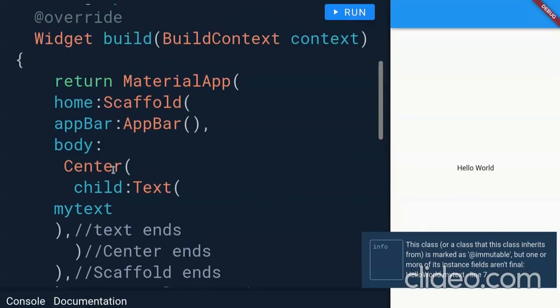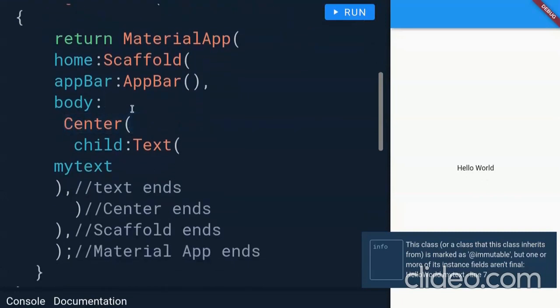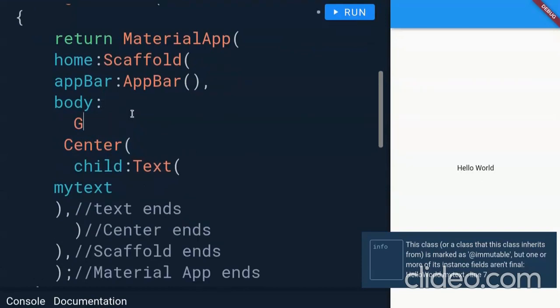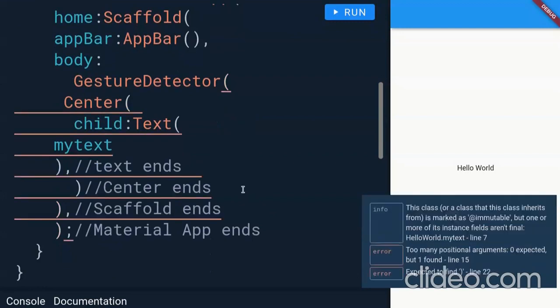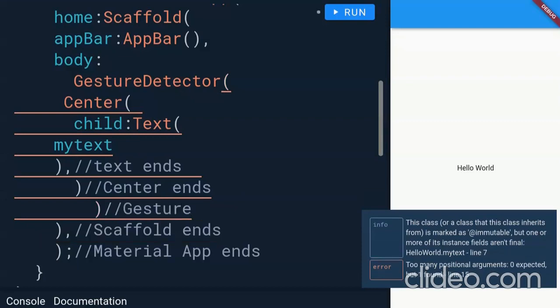Okay. So what I will do for that, we have to sense the on tap event of the user. When the user taps this, I have to sense the event. So this whole center widget, we will wrap it in a gesture detector widget. So what the gesture detector widget will do is it will sense the on tap event. So let me just write gesture detector, open it, and after center I've already marked the ending of center, so I can easily end the gesture detector. So this is the benefit of marking the endings. I'm seeing that benefit here, so I will continue to follow this practice. And after each widget ending, we have to keep a comma.